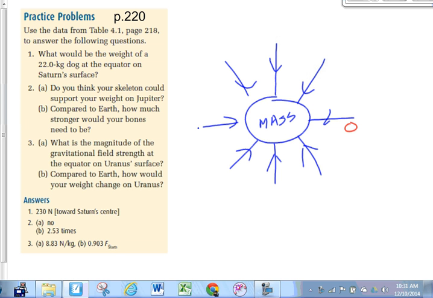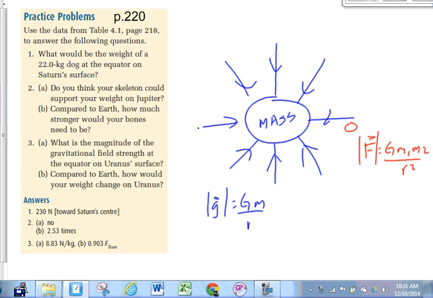Now, the force of gravity that acts on this big blue mass or this little red mass is equal to G m1 m2 over r squared. The force on one of them is exactly the same value but in opposite direction to the force on the other one. The field that's produced by the mass is equal to